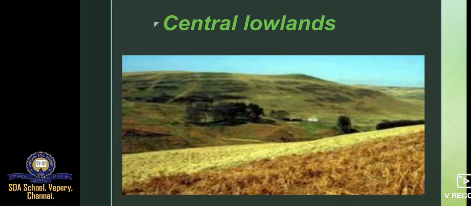In the north is the Orinoco river basin. It is covered with tropical grasslands called llanos, which means plains. In the middle is the Amazon river basin. It is covered with tropical evergreen forest called selvas, which means forest. Okay, the Orinoco river basin has llanos, which means plains, and the Amazon river basin is called selvas, which means forest.